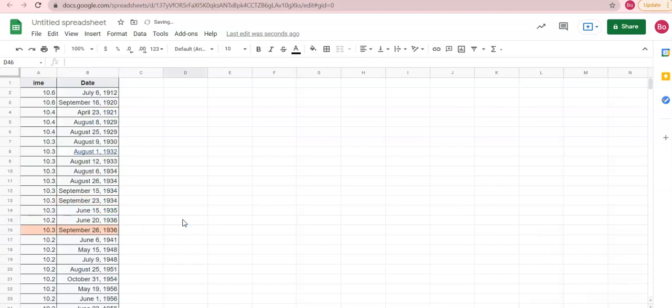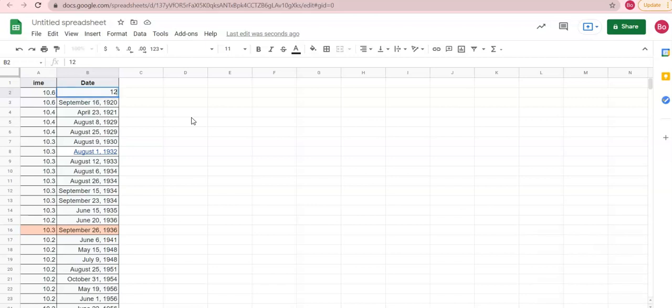One last thing that I need to do. I want to put these into Desmos, and Desmos is not going to be able to recognize July 6, 1912 as a number. Okay? And so what I like to do is say, okay, what's the world record time since 1900, or something along those lines. You could even go since 1930 or whatever. But since I have my first date at 1912, 1900 seems like a good